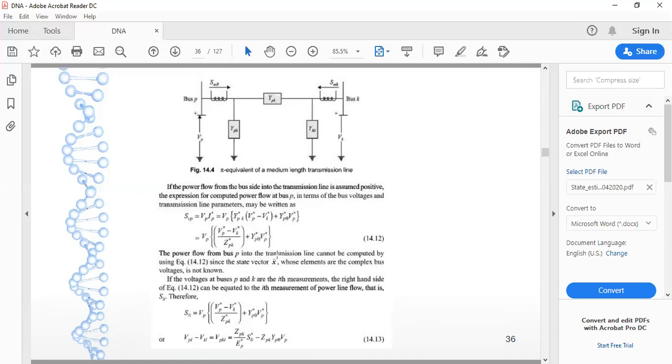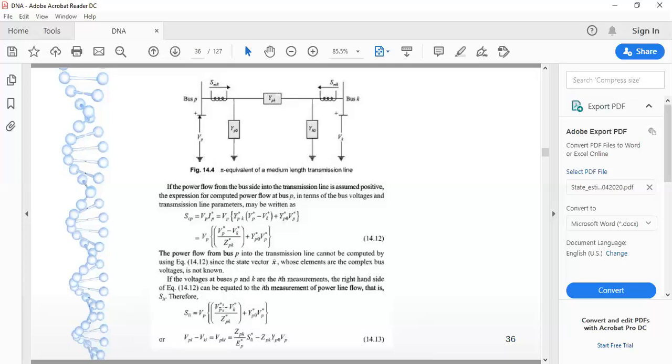Now from this we want to identify the value for this line power. For this line power, I can substitute this formation as it is, as well as this. Line power will be based on the difference between Vp and Vk. If the voltage over here and voltage over here change, the reactive power flow will change accordingly, and based on the delta angle, active power will change. So the apparent power flowing through this line is indicated by this difference.